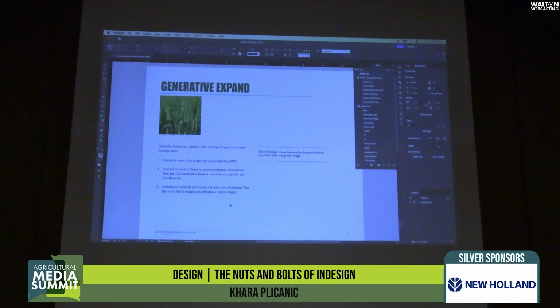We were also talking a little bit about AI and InDesign, and I think generative fill is in InDesign beta right now. I think it's coming soon. But we currently have generative expand, and here's an idea of how you might use it. So if I have this